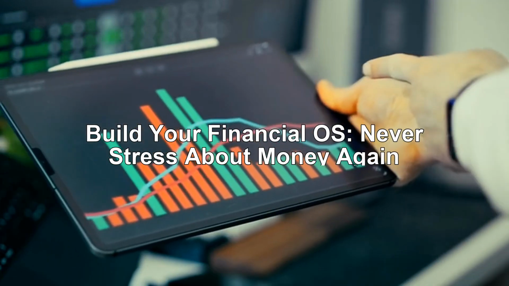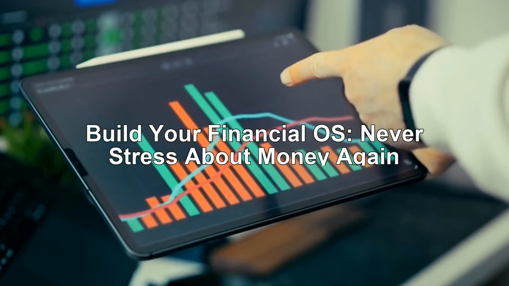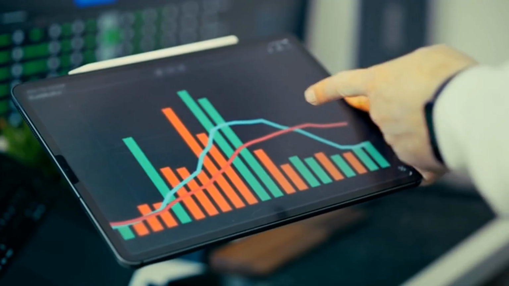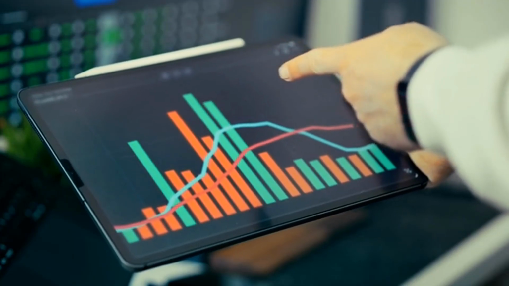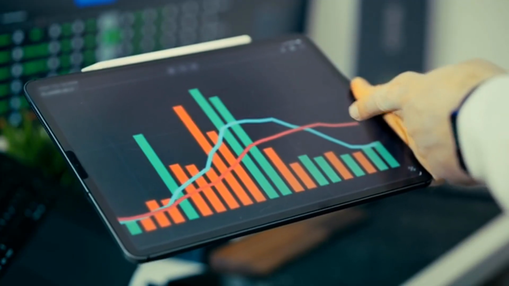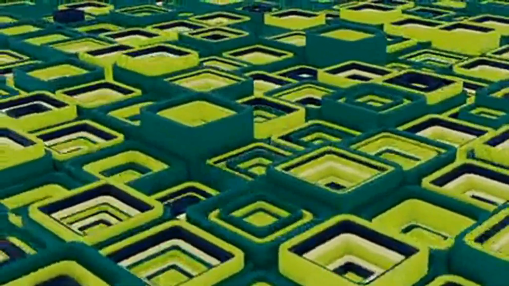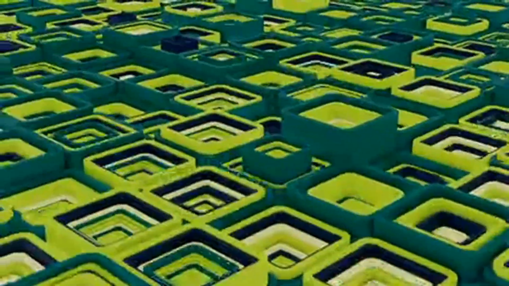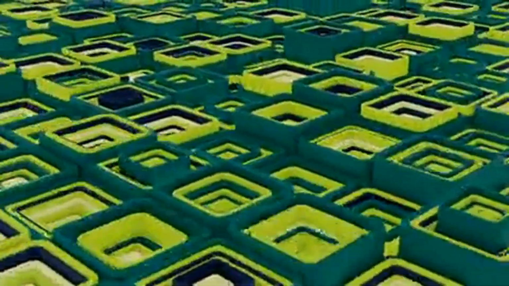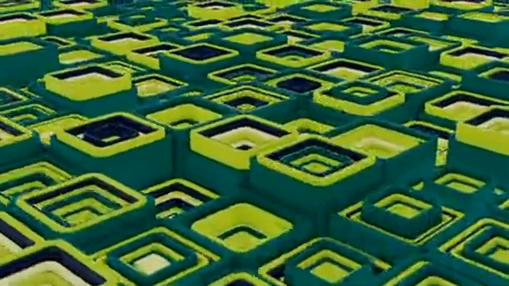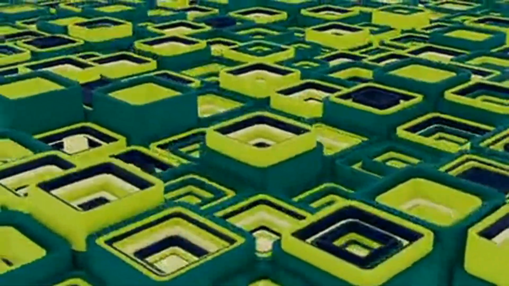Do you feel like you're constantly making financial decisions, fighting your budget, or just reacting to money problems? What if you could build a system that runs itself, making smart money moves for you, freeing up your mental energy, and finally putting you in control? That's exactly what we're going to talk about today: how to design your very own financial operating system, or financial